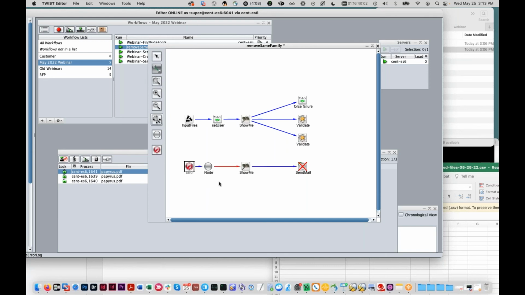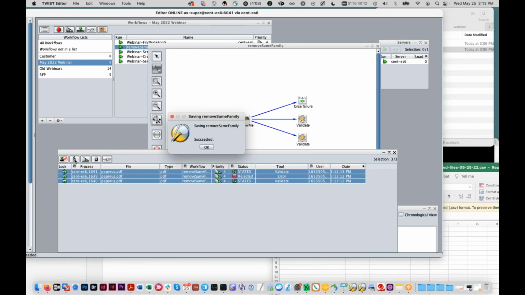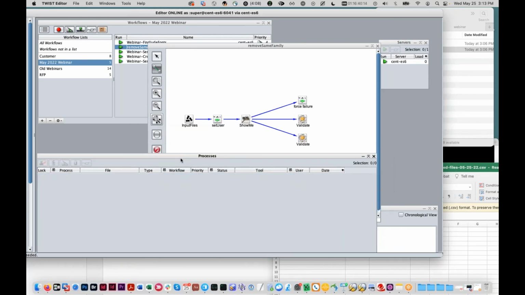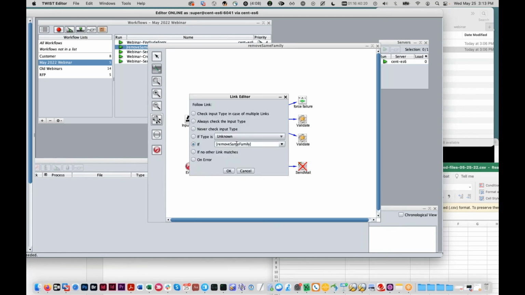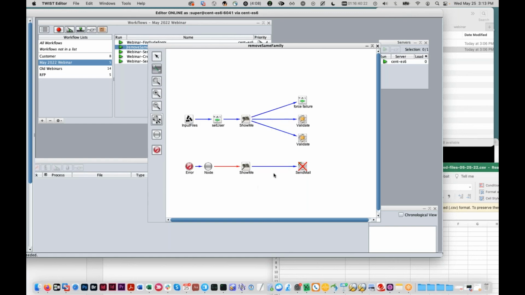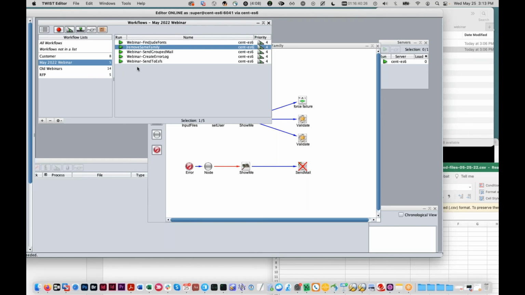So I'm actually going to stick in this fancy link here, and we're going to rerun the same test. Delete these entries out of here. So what we're going to do here is there's just a special thing in here, remove same family. So what happens this time is if I upload that same file again,